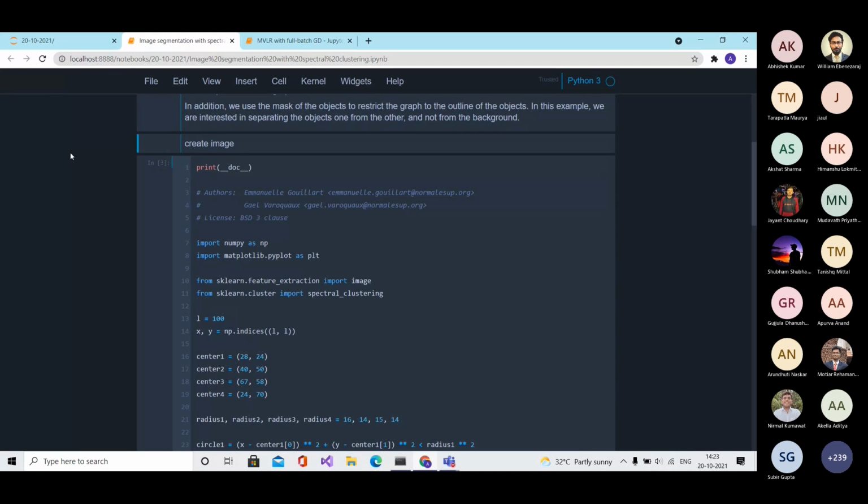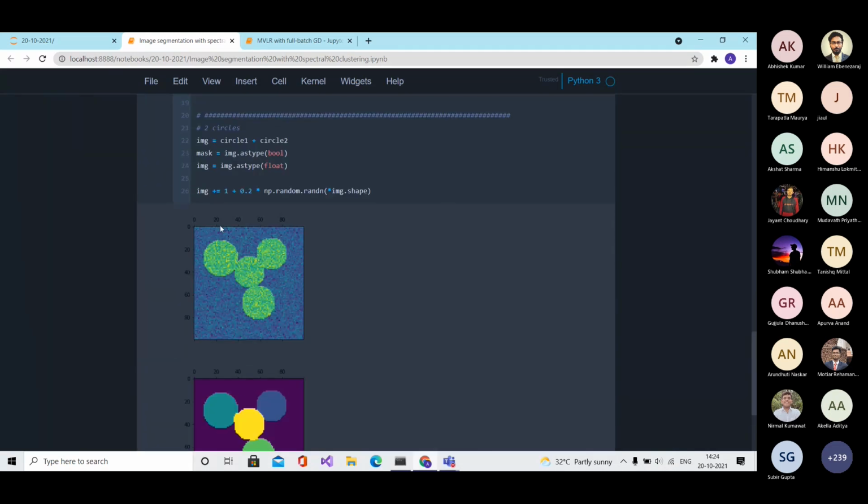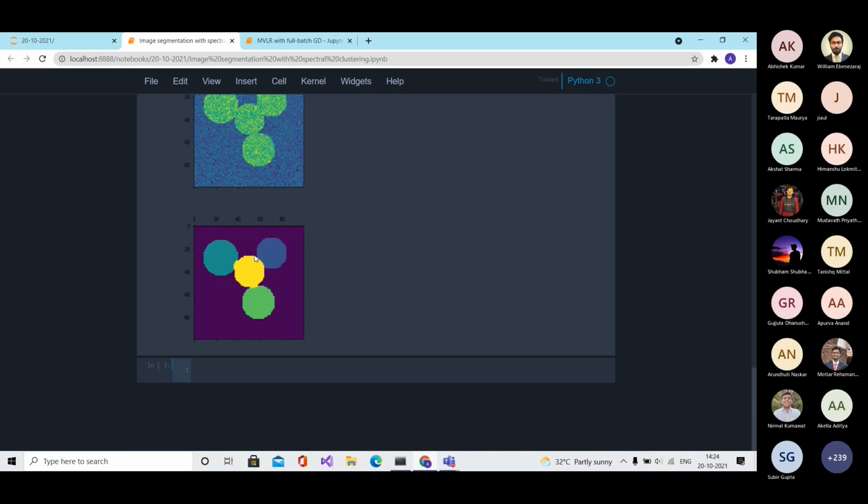First we'll generate an image of this format. It contains 4 circles along with some randomly generated noise, and we'll try to do the segmentation of the circles.